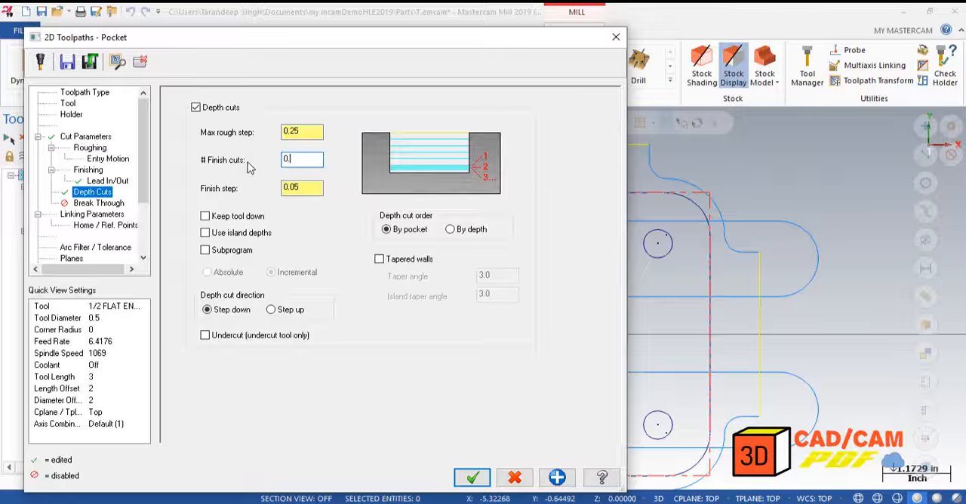Finish cut is going to be 0.05. Actually, it says number of finish cuts, just going to be one. Mastercam automatically counts how many steps down it needs to go to get our last step of 0.05. For that, in every operation,